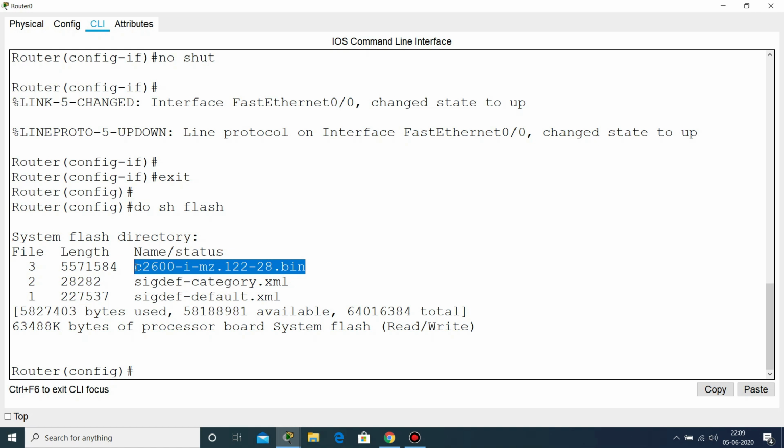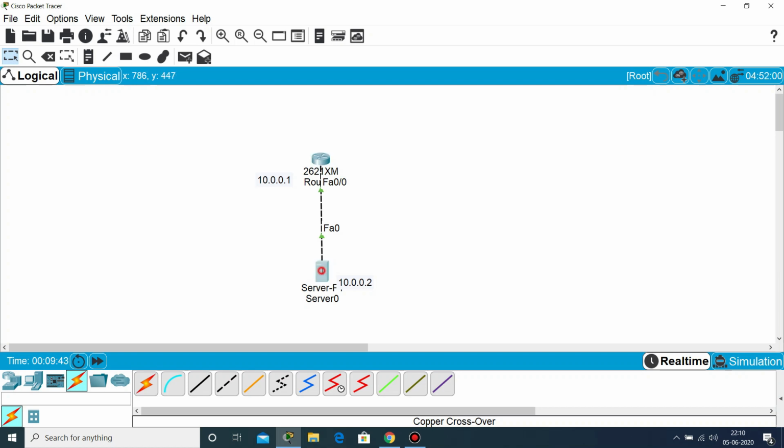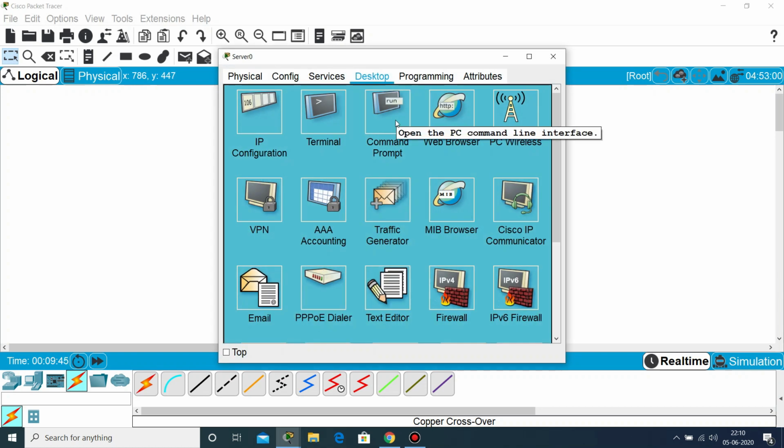So how I can change this operating system? First I need to know what is an option, which operating system we can choose. So this router is 2600 series router. Simply I will go on server and check for operating system which is available for 2600 series router, because there are operating systems according to the series of the router.